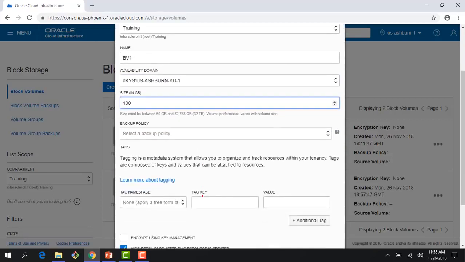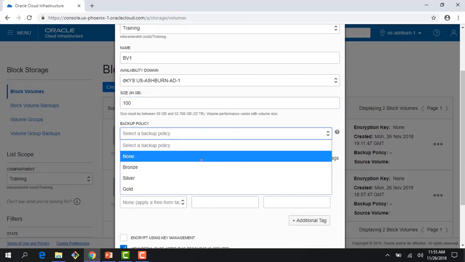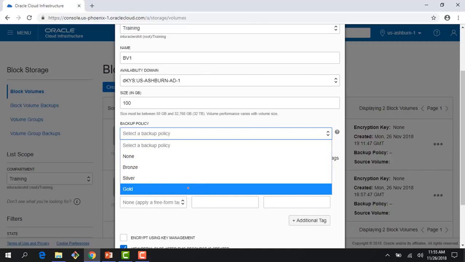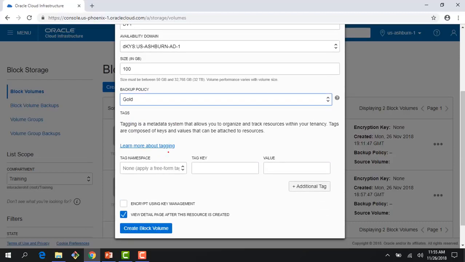And right here I can assign a backup policy. So I could choose no backup policy. I could go with bronze, monthly, silver, weekly, gold, daily backups. I could do that. So let's go with a gold backup. That's the most extensive. This is critical data I want to protect. So let's do that. Now right here I can provide a key value pair. I can do tagging, or I could also